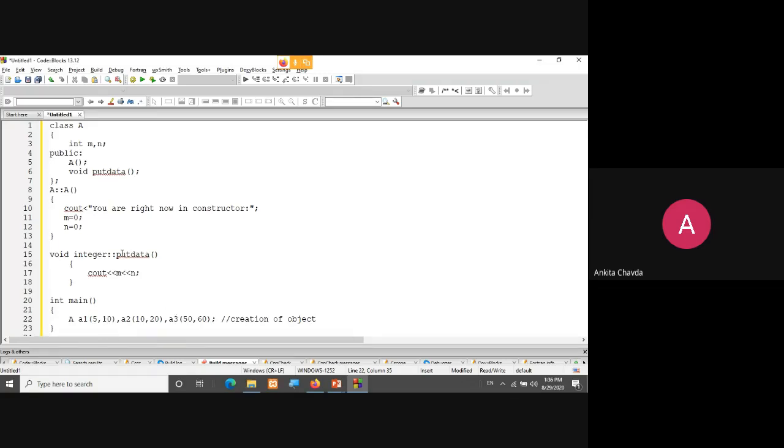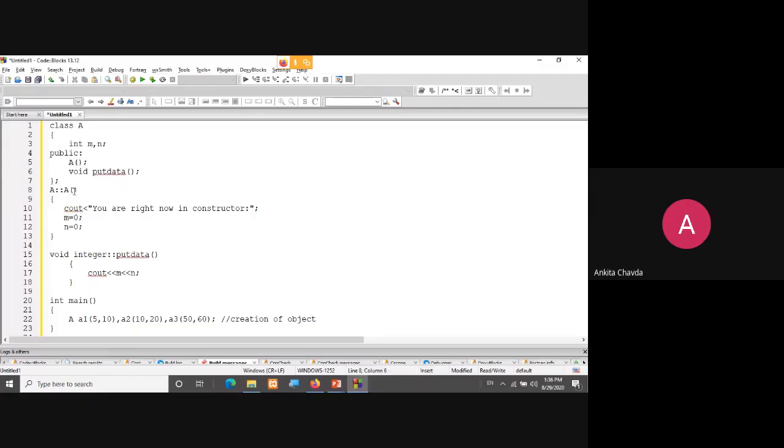So I would have the parameterized constructor whose values would be integers, with this data type: integer x, comma, integer y, something like this. So I would have m equals x and n equals y.